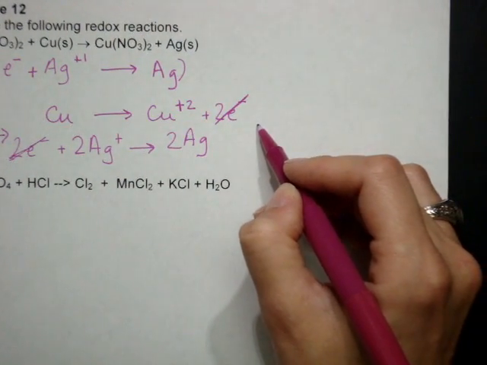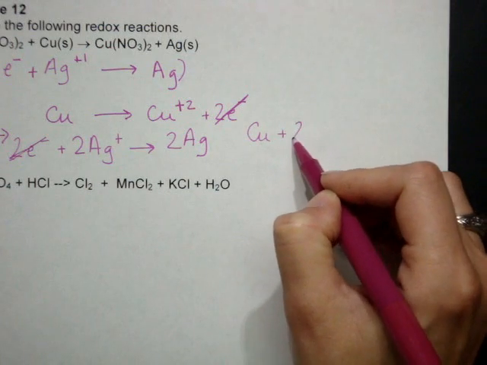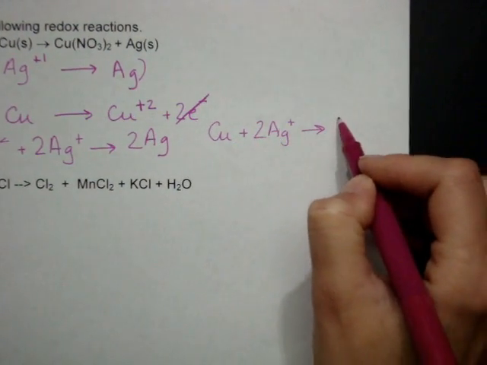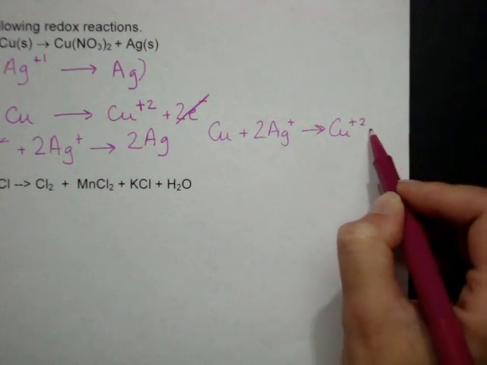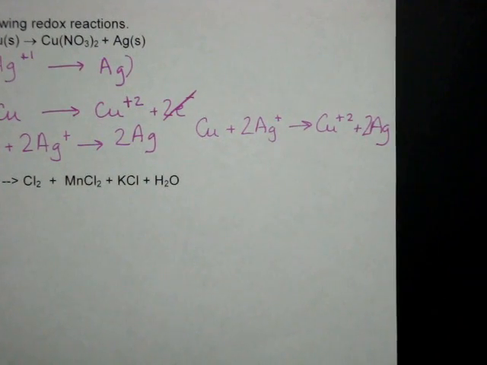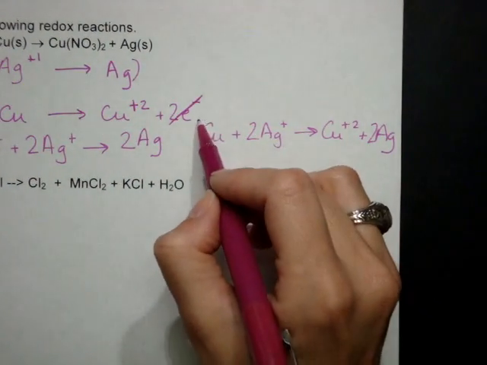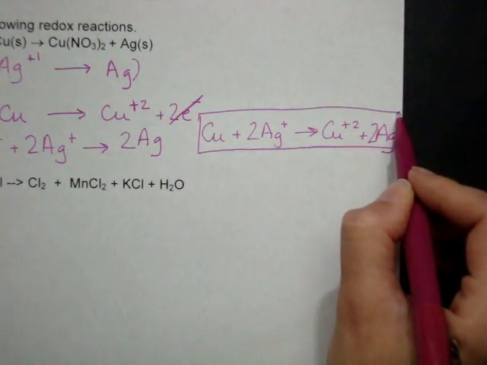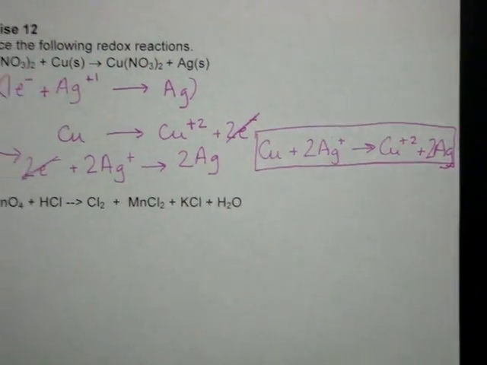You get copper plus 2Ag plus yields copper plus 2 plus 2Ag. And that becomes your balanced net ionic equation. Again, we could leave the nitrate